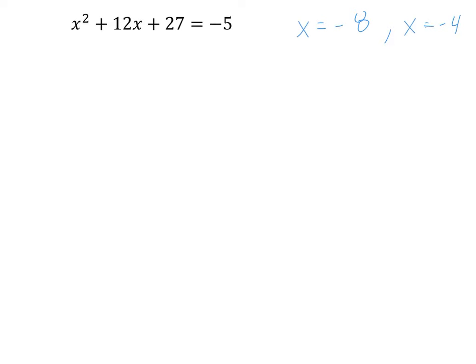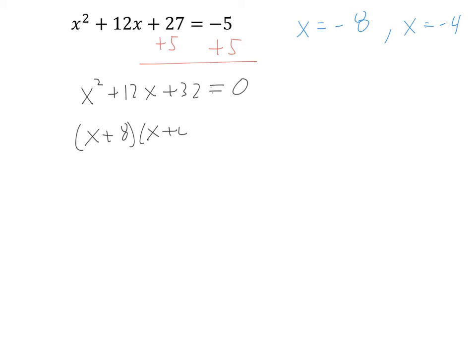Alright, so for this equation, I see that I have a quadratic equation, a second degree polynomial. I want to get one side equal to 0. So what I'm going to do is add 5 to both sides. That's going to get me x squared plus 12x plus 32 is equal to 0. Then this can be factored as x plus 8 times x plus 4 equals 0. Now using the zero product property, I know that either x plus 8 has to be equal to 0,